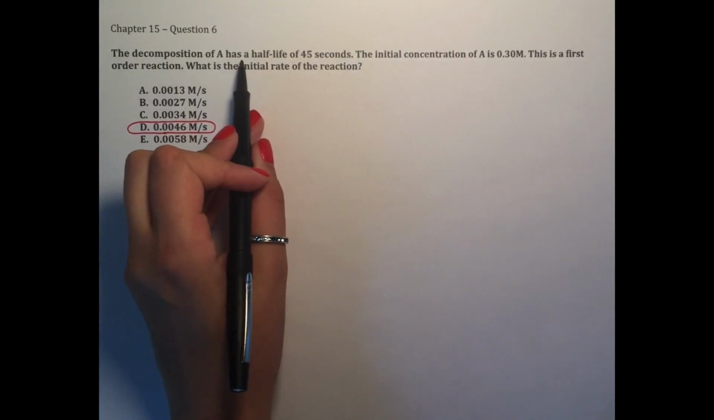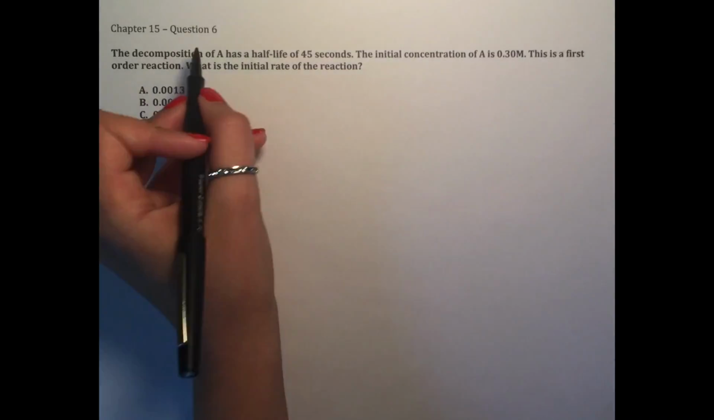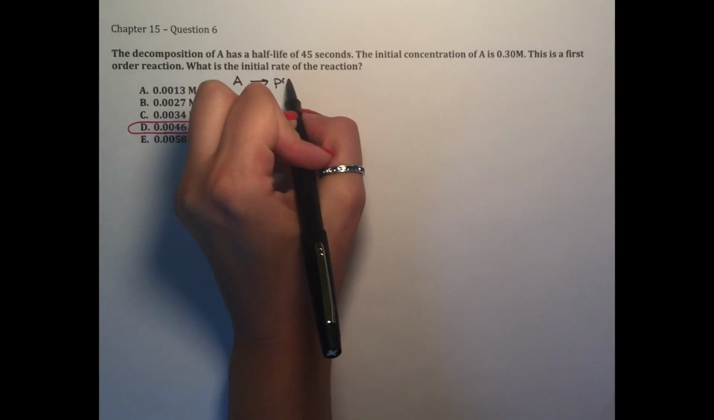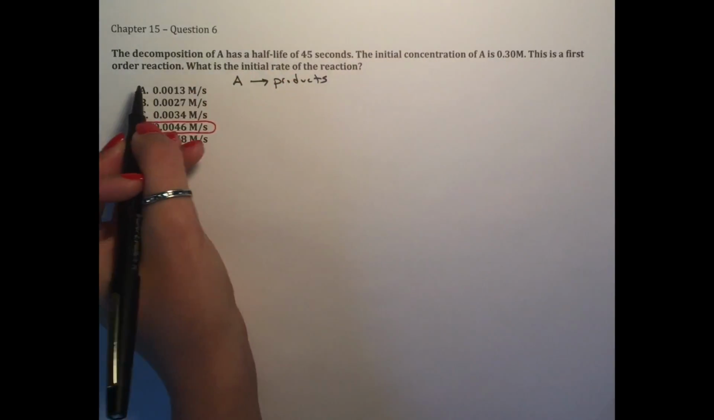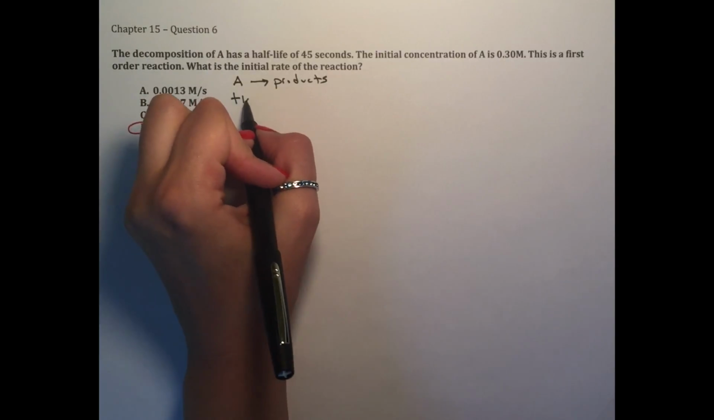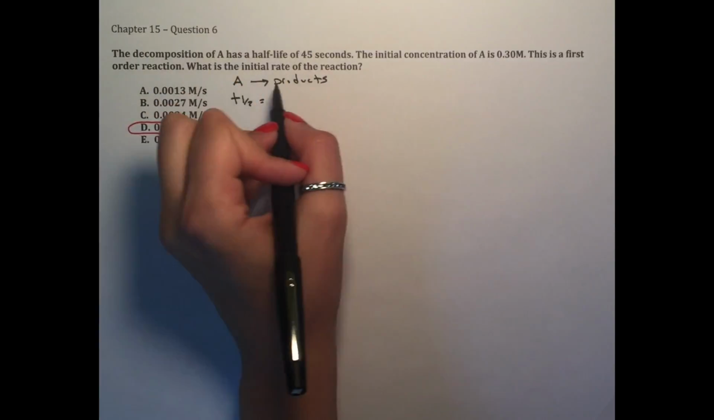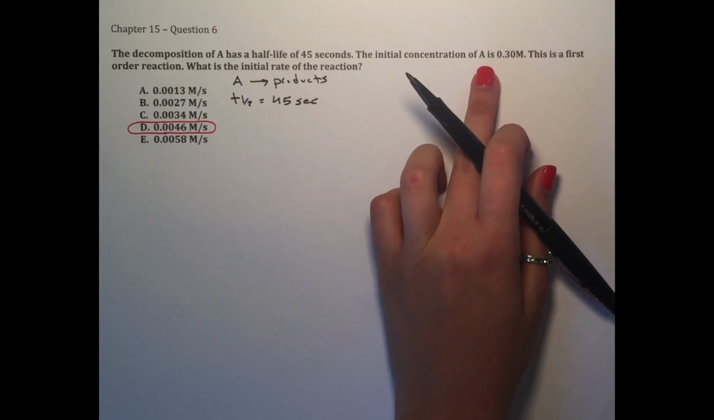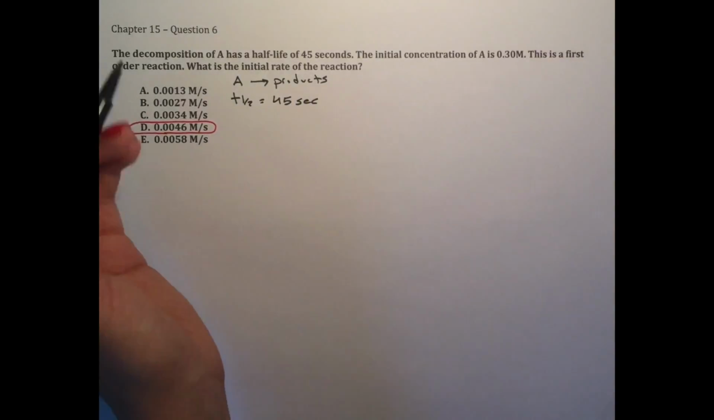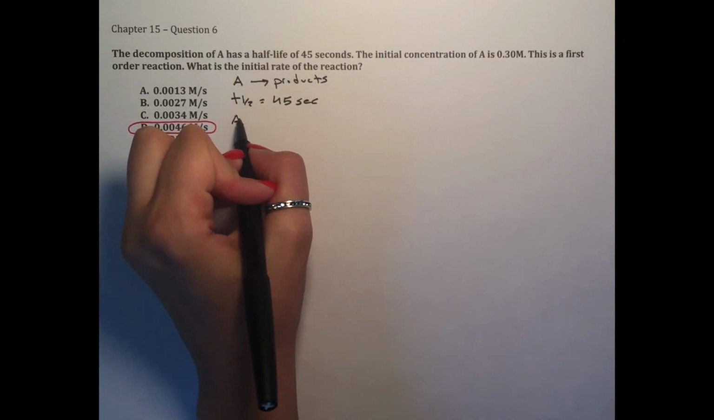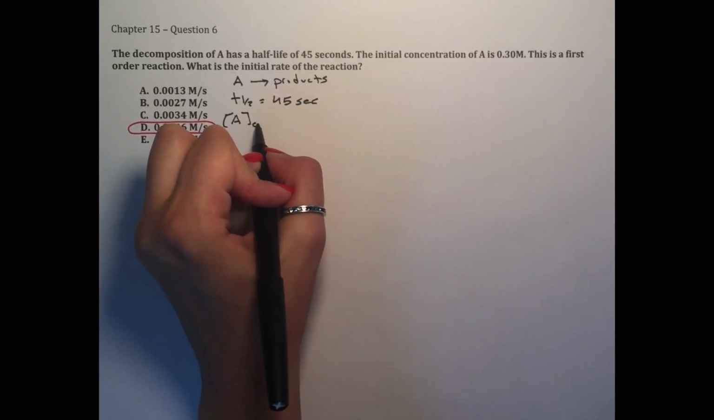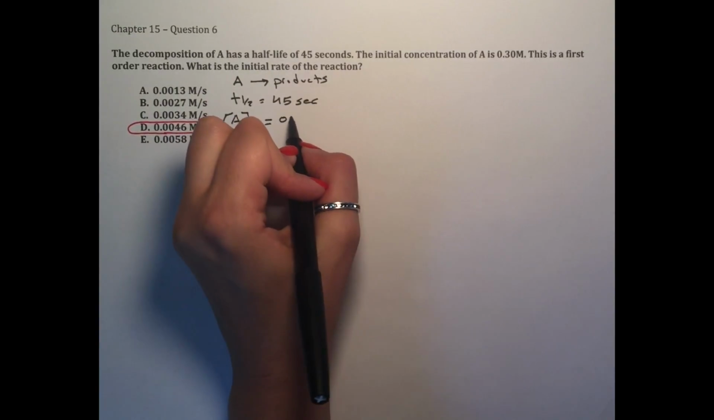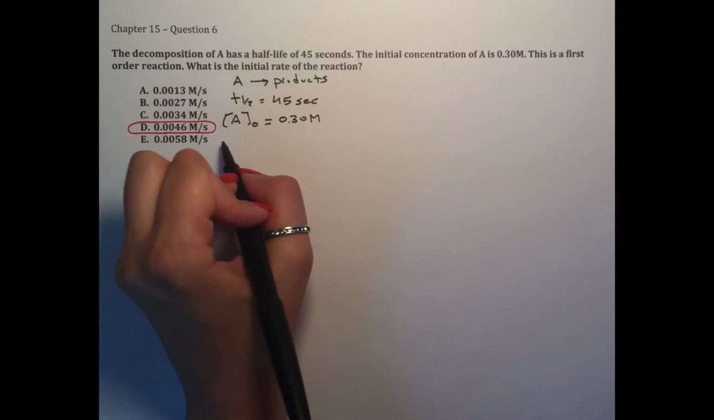The decomposition of A has a half-life of 45 seconds. So the decomposition of A means that we are going from A to products, and a half-life, so T1/2 is 45 seconds. The initial concentration of A is 0.30 molar. So the way to write the initial concentration of A is to put A in brackets and put this naught sign here. This is a first order reaction,